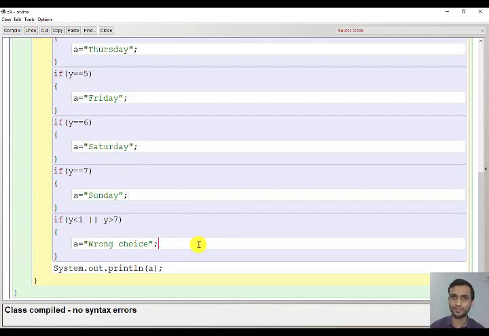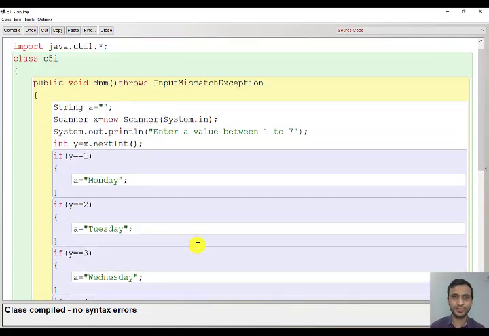So we have already done this program. If you don't remember this program which we had done, you can always go back and check the videos. It is already present. I have already explained it. So now what we are going to do is convert this program into switch. So what is the syntax of switch?